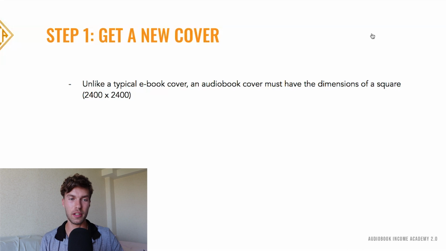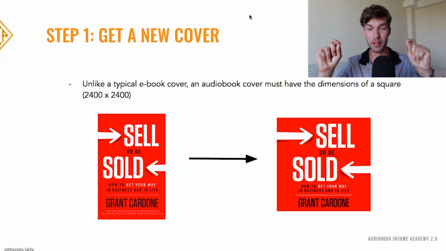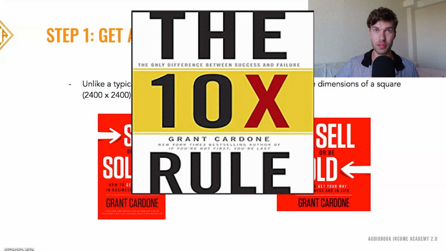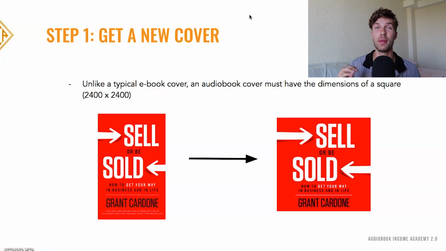Now, just so you can get a clear picture of what I'm talking about, here we have 2 book covers. On the left side is the ebook version of that cover, and the right side is the audiobook version, which is a square. Now, I know you may be thinking one way of doing this is that you could just go into some editing software, take your cover and just stretch it out so that it becomes a square. Please never do this, because I'll show you. I'll put an example up on the screen right now. You can just tell that it's stretched and it looks low quality, and this will turn people off when they are considering buying your audiobook.